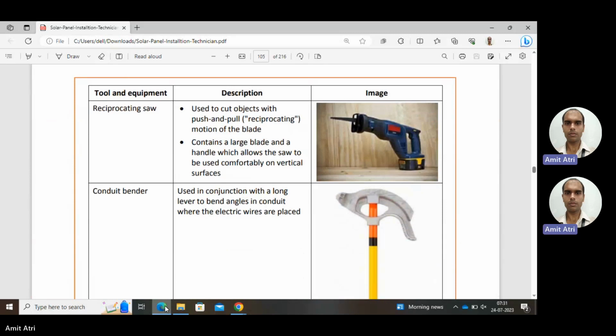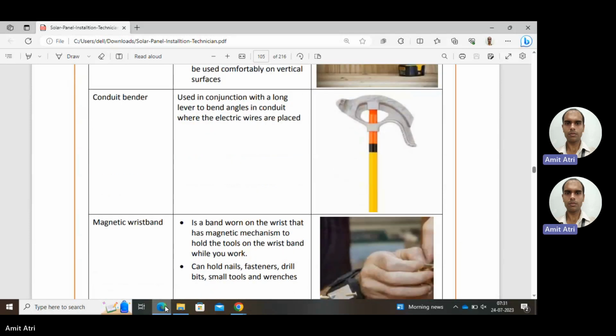Next, reciprocating saw. In the image it is shown, it is used to cut objects with push and pull. Forward, backward motion will be there. The blade is there. So a large blade is there, and a handle which allows the saw to be used comfortably on vertical surfaces. Next is conduit bender. Conduit is like the pipe for carrying wire, PVC pipe. So it is used in conjunction with a long lever to bend angles in conduit where the electric wires are